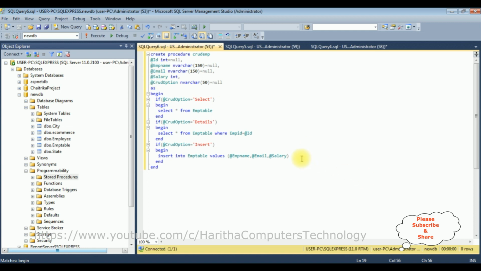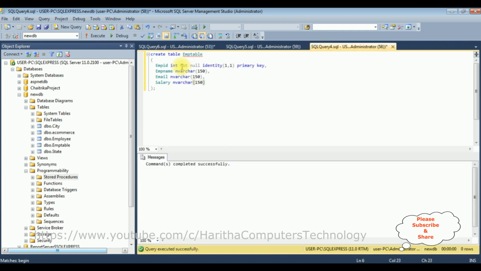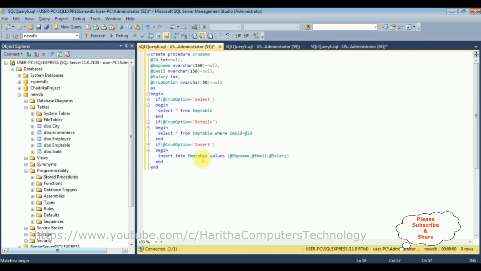These variables I have added. And notice I have not added the ID column because the EMP ID column in this table is the auto generate column, so I don't require to add that one. So next one,